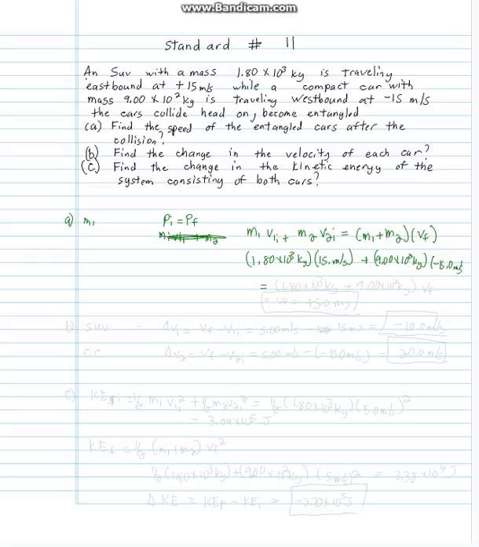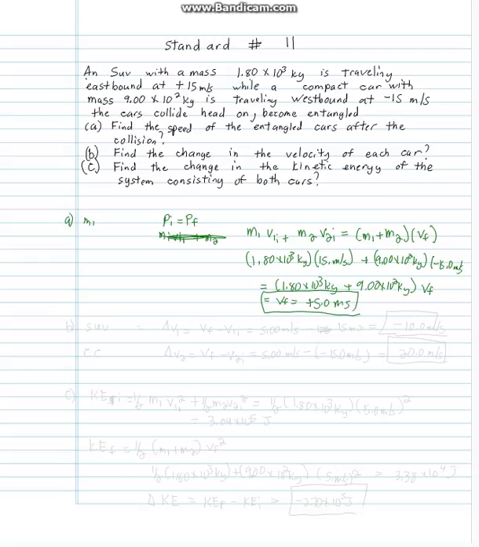So we crunch those numbers, we get 1.80 times 10 to the third kilograms plus 9.00 times 10 to the 2 kilograms times V of F. So switching this over, our V of F equals plus 5.0 meters per second, and